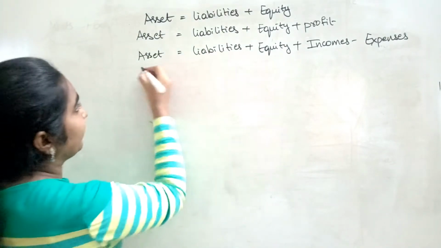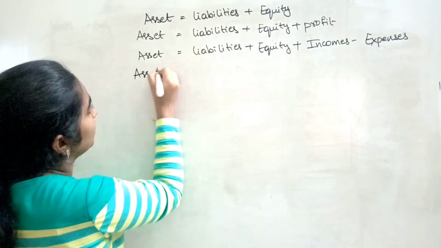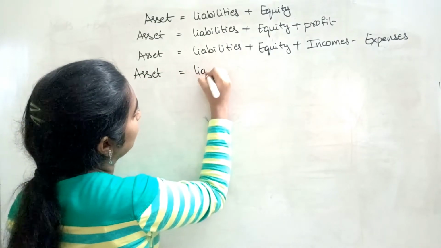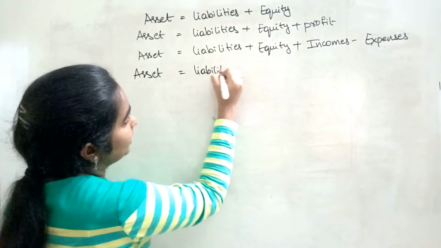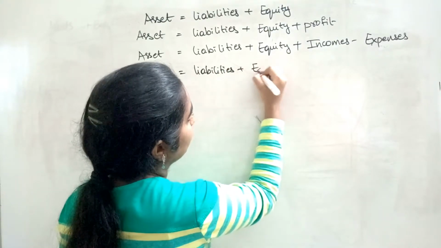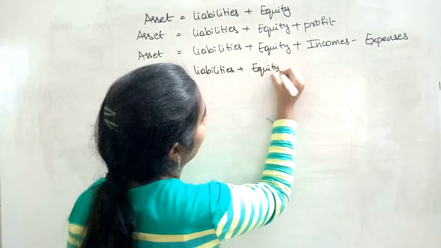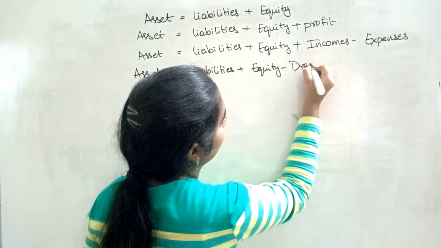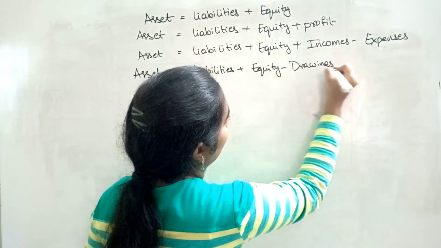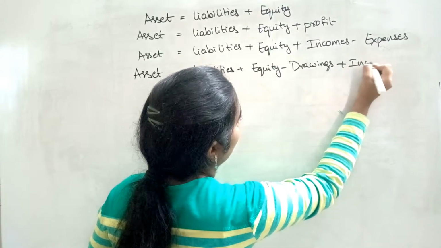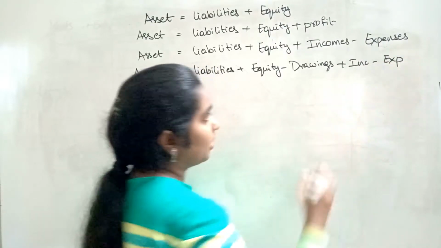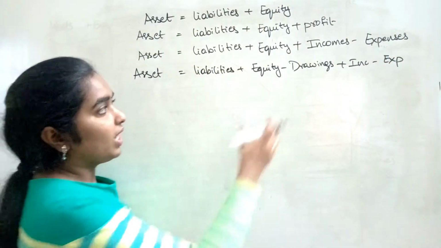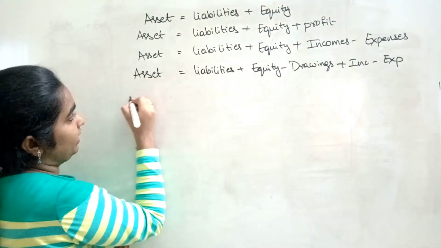So we can again write this equation as liabilities plus equity minus drawings plus income minus expense. So now taking these negative figures on the left side,